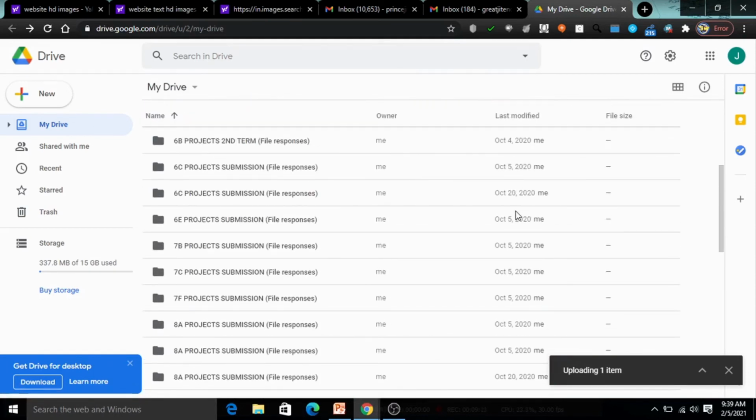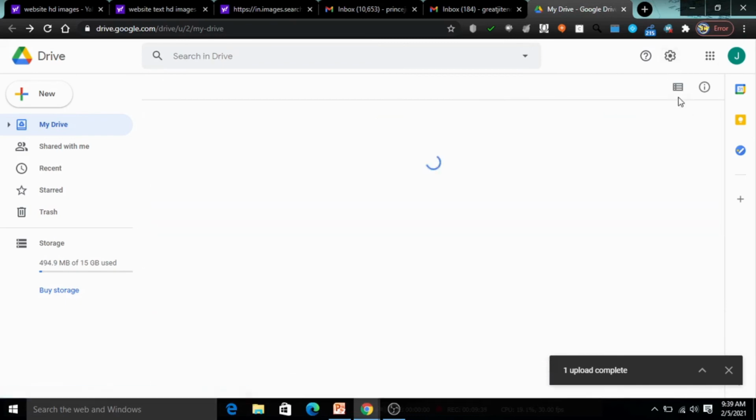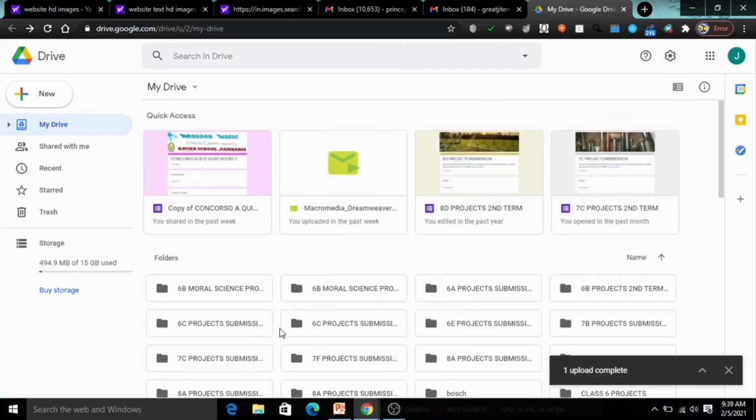Now suppose you have uploaded your files and created a new folder, and you want to share the link of a particular file with somebody. In that case, you have to select that particular file.